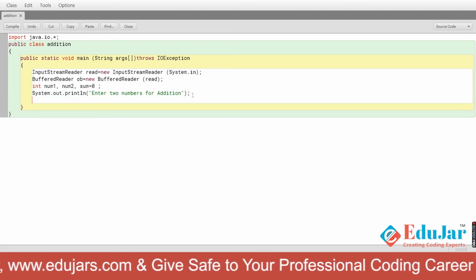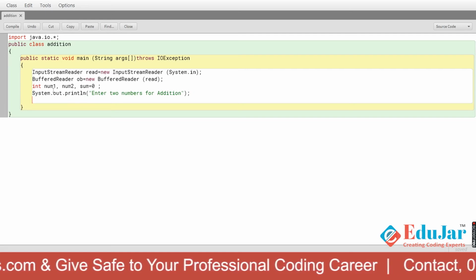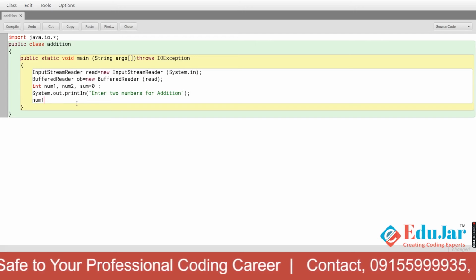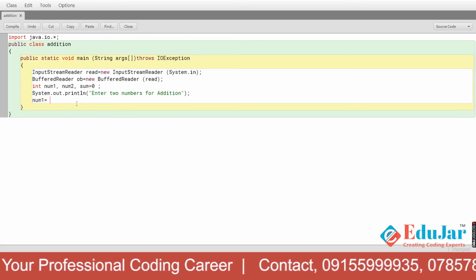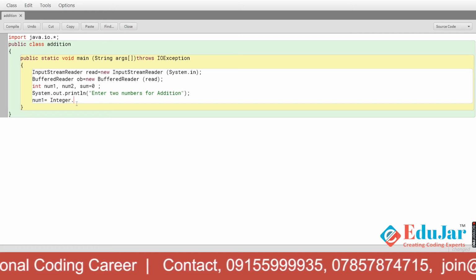Now we will accept those numbers. We will store those two numbers in num1 and num2. The first number we will store in num1 equal to Integer.parseInt(ob.readLine()).